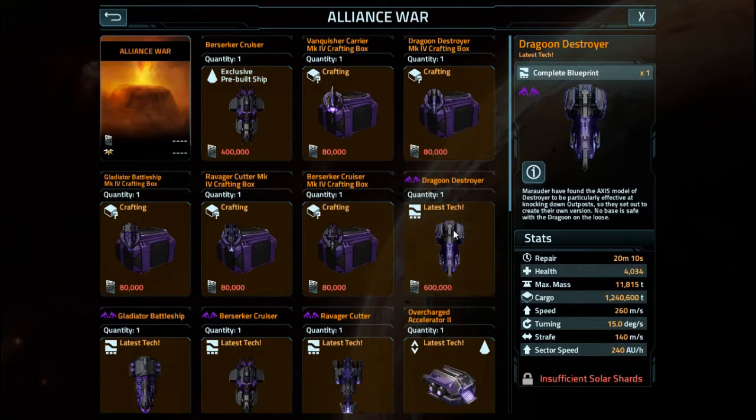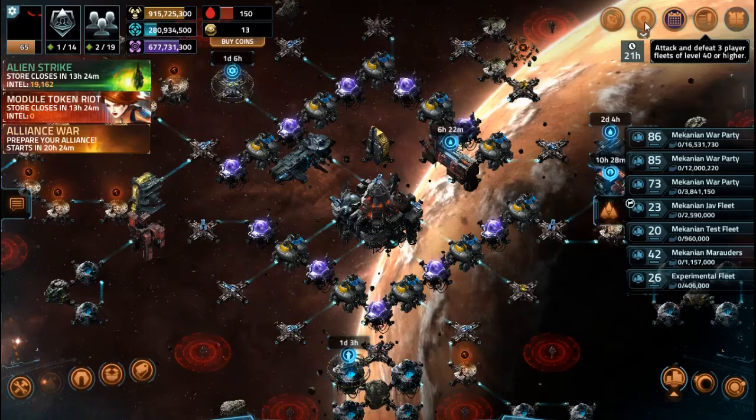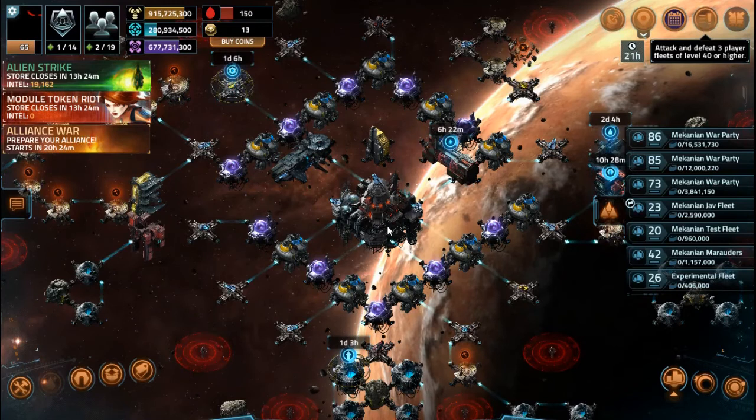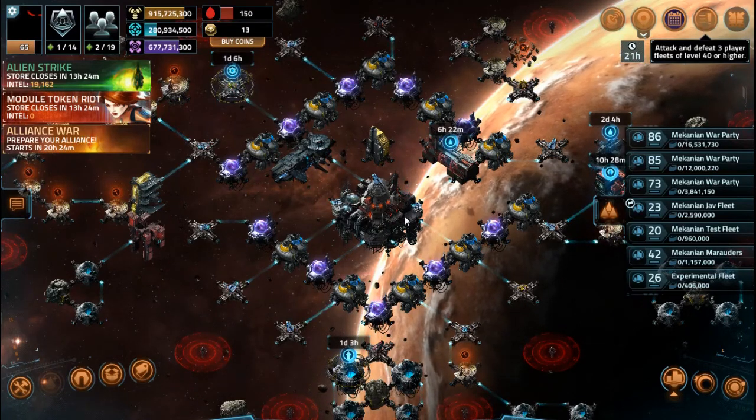Or I'll be spreading everybody out and going after whatever I can. But the goal will be to obtain the Dragoon Destroyer blueprint, and try and get at least up into tier 4 to be able to get the Vanquisher Carrier, and I'm going to be fighting in the tiny tiers, so it's going to take me a while to get everything up. Just because...